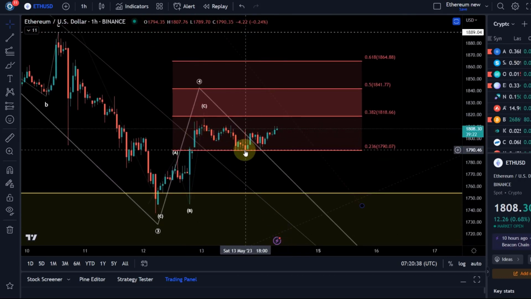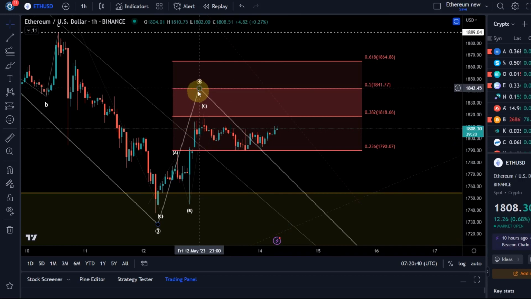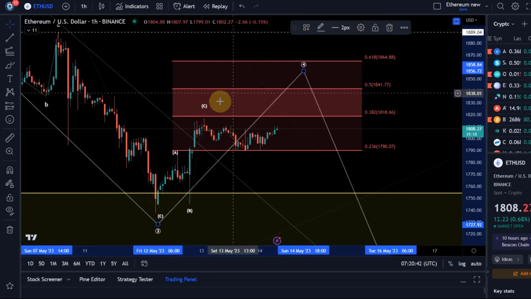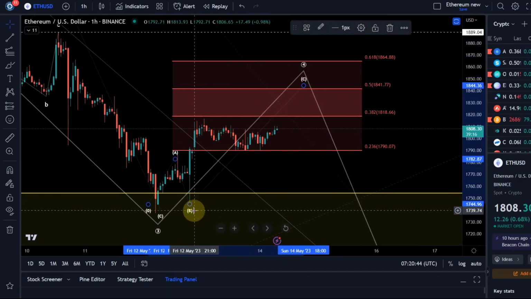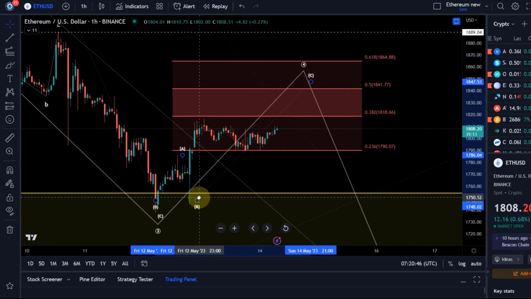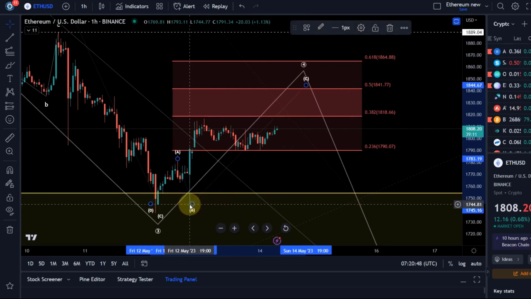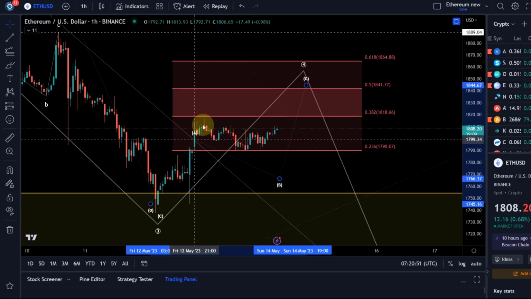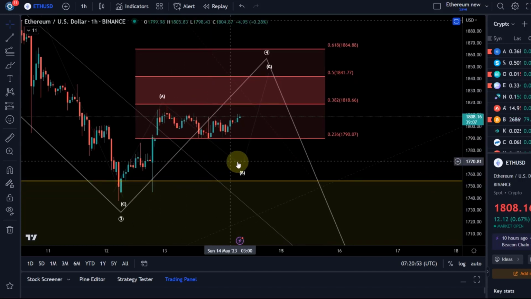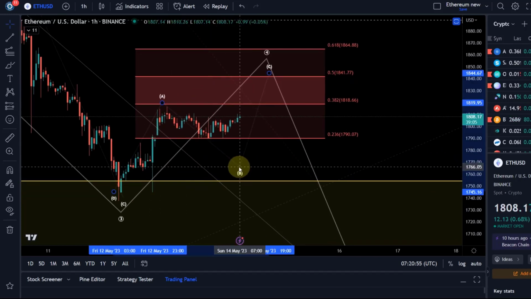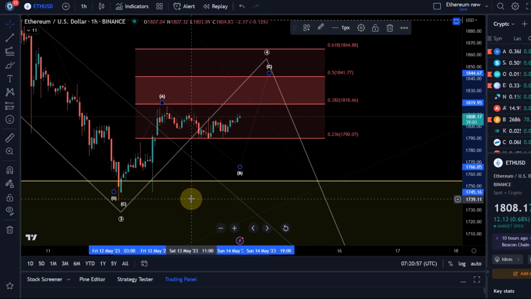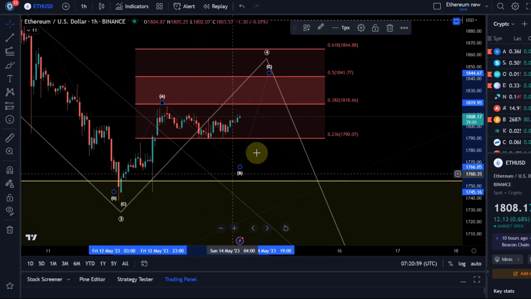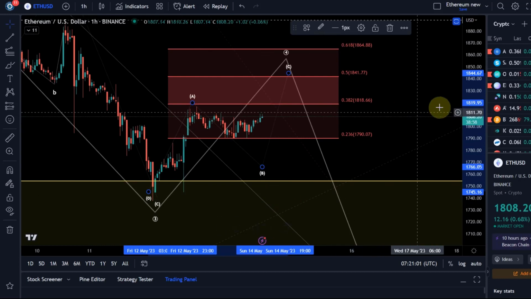So at the moment, I have no strong evidence that a top has been made here. So at the moment, expectations are either for further sideways action or for a little bit of an extended corrective structure here. So the B wave could still come a little lower, no problem. Only really if it takes out the 1739 level to the downside will I confirm that we are in the